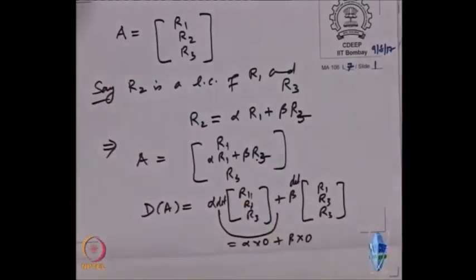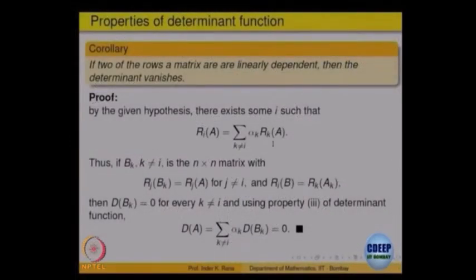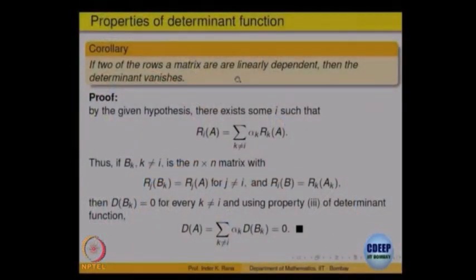And the same thing for a general case is written this way. The jth row is a linear combination of the remaining ones. You construct those matrices; here only 2 were there, so we got 2 terms. Otherwise, all k not equal to j will appear, and each one of them will be a matrix with 0 determinant because 2 rows will be identical in each one of them, right. So, this gives you the property that if the set of vectors is linearly dependent, then one of them will be a linear combination of the others. You can write that also. It is clear, only those 2 properties are used.